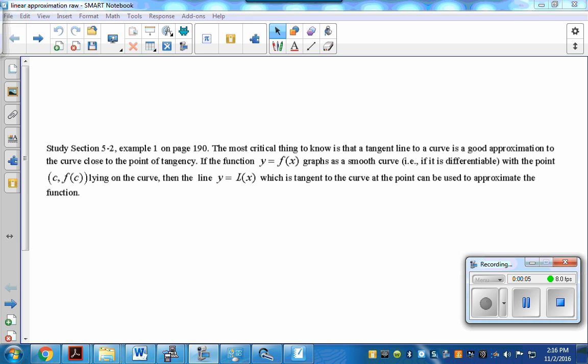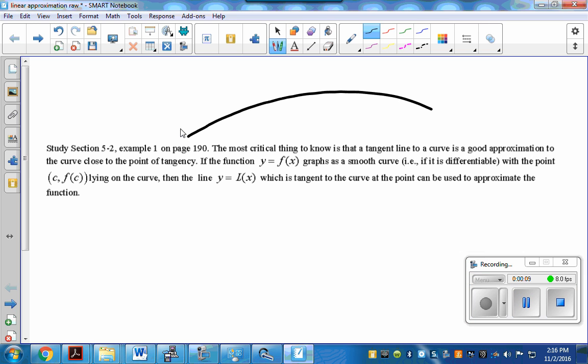Tangent line approximations. The key idea is if you have a curve,